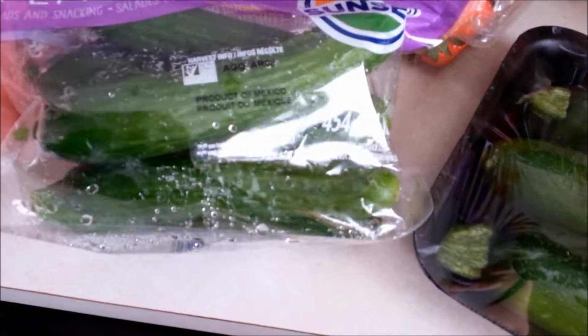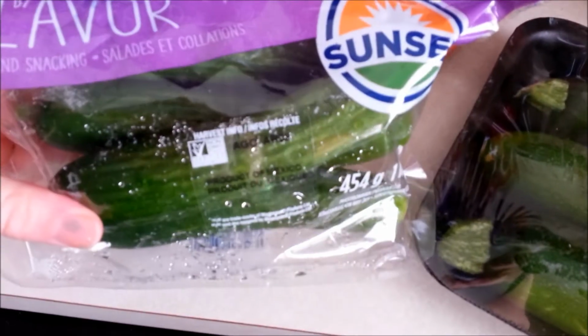These are the mini cucumbers. I believe these are called the English cucumbers. They're seedless. They're super sweet. They're so good. I used to buy the regular ones with the seeds, and ever since having these, they're really good. I got 2 packs of strawberries,